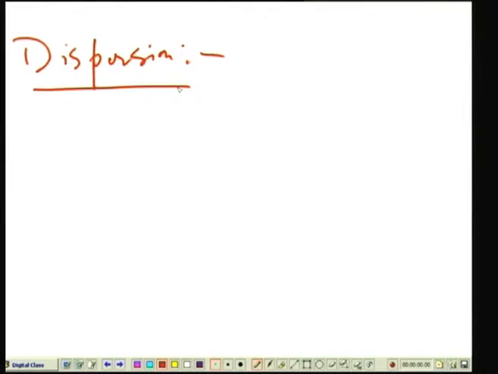In dispersion, what we are trying to emphasize is this. Having said this, if you are making a controlled experiment of this nature, as I have made in the drawing,